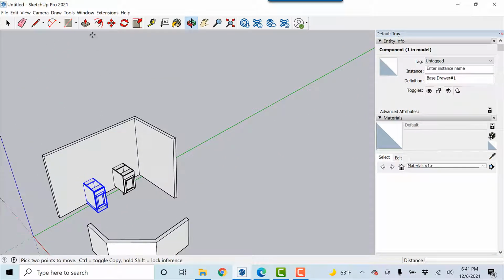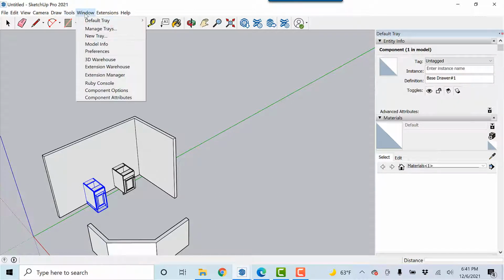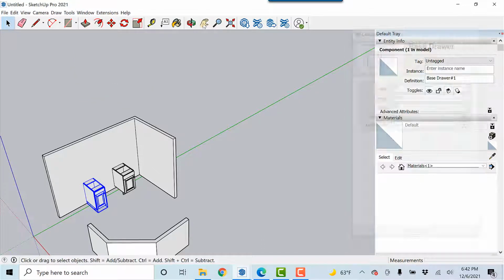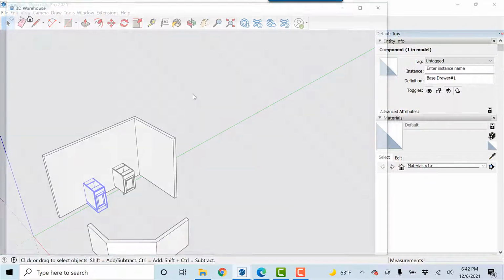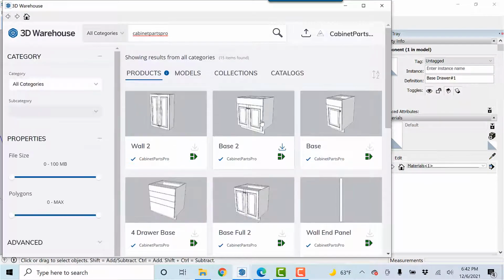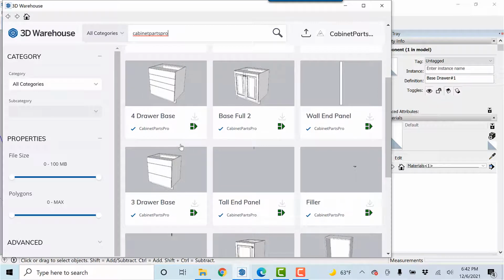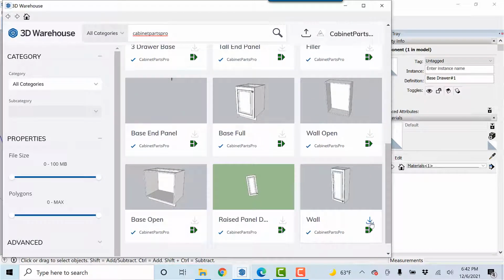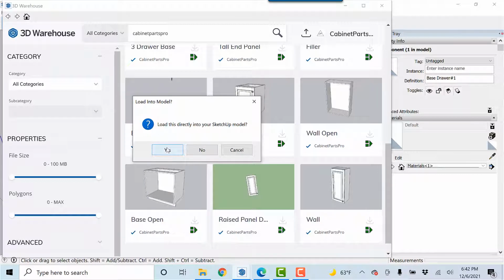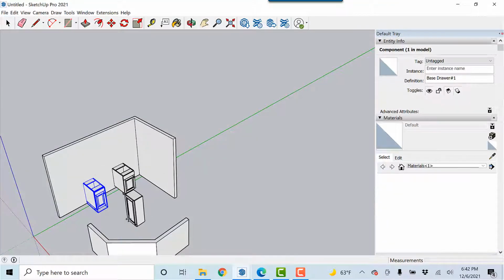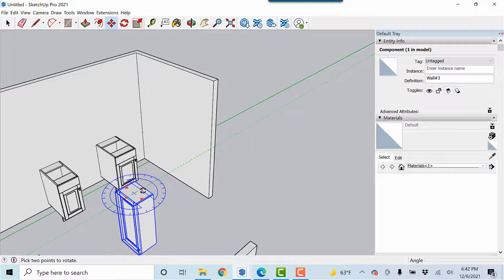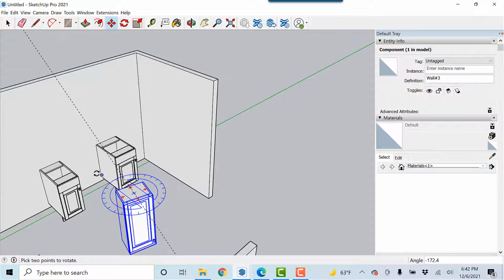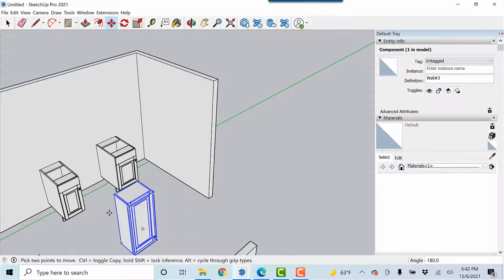I will now place a tall end panel or maybe a wall cabinet. Let's go with the single door wall cabinet. And we don't need to search again because it brings up the same search from the last time. We're going to use a single door wall cabinet, download it directly into our sketch, rotating it to snap on the red axis,